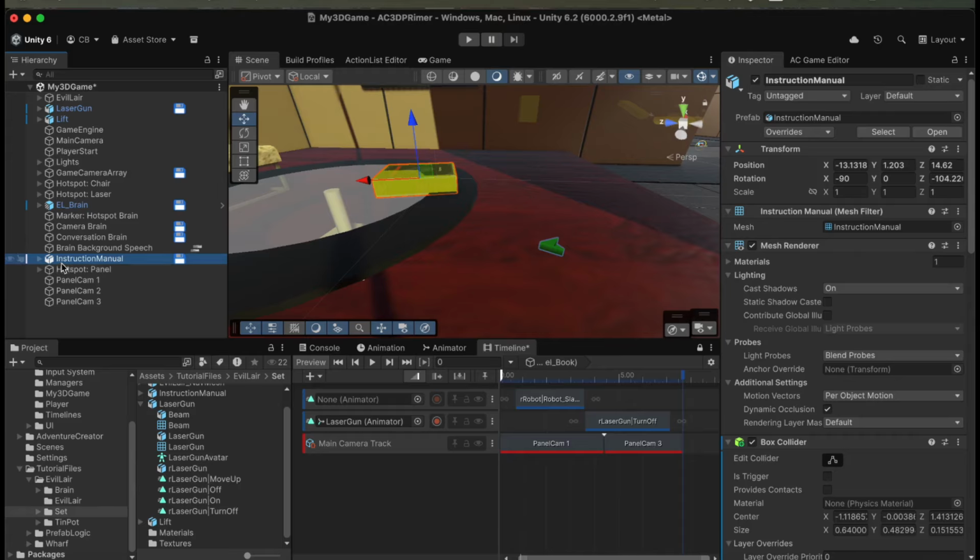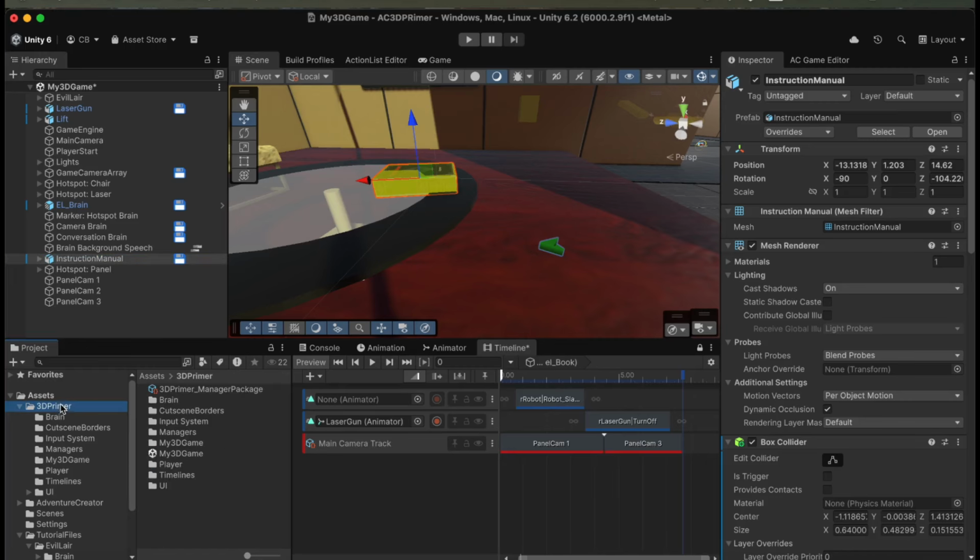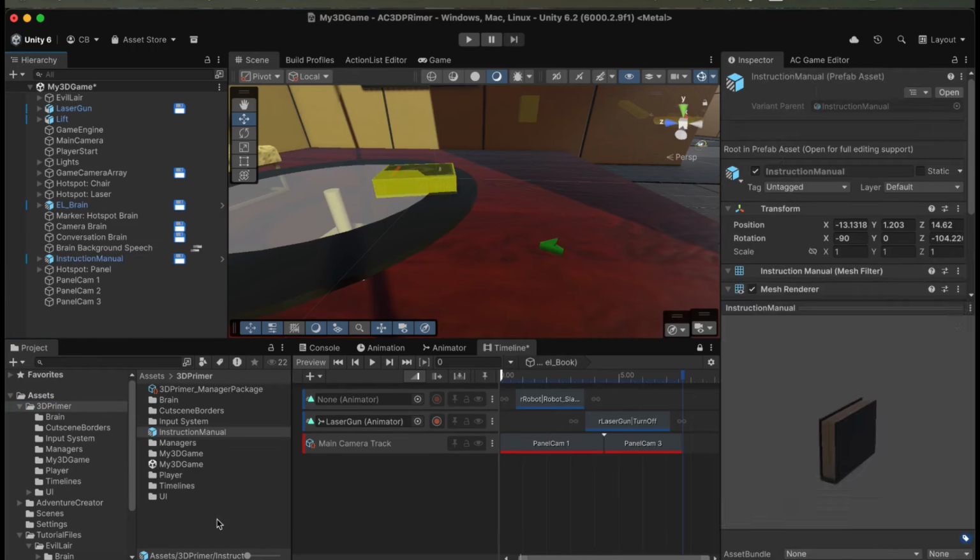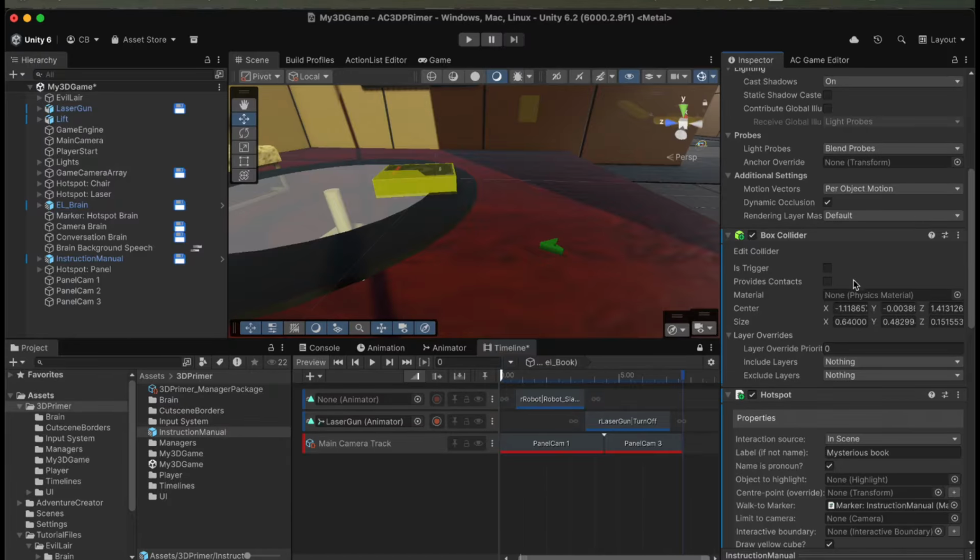To do this, I'll get the instruction manual here and just make a prefab by dragging it into my 3D Primer folder. This prefab also has the hotspot and box colliders we created earlier. We're not going to need these, but it's not going to do any harm because we're going to remove it afterwards. So back in the action list editor,